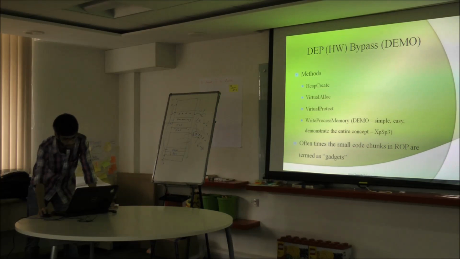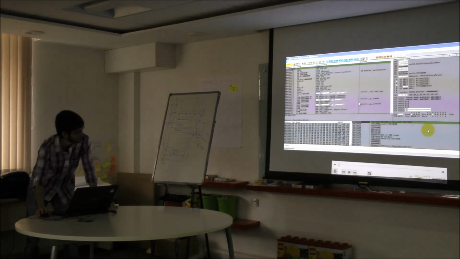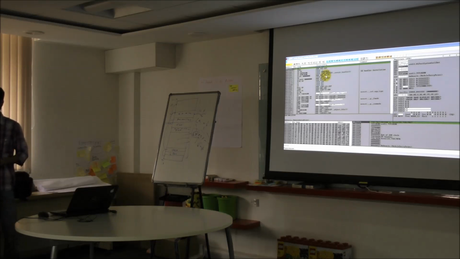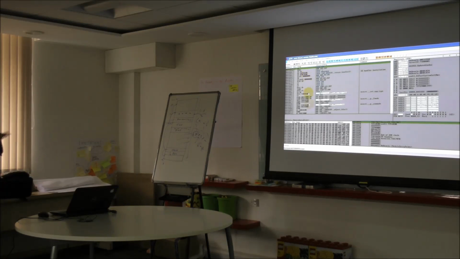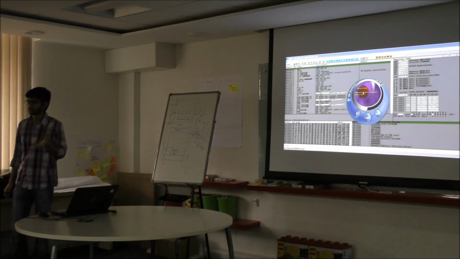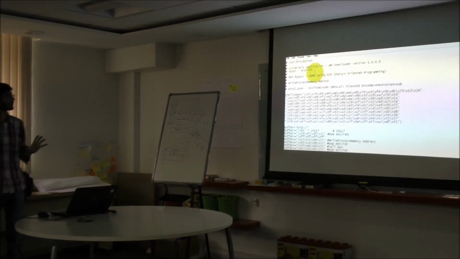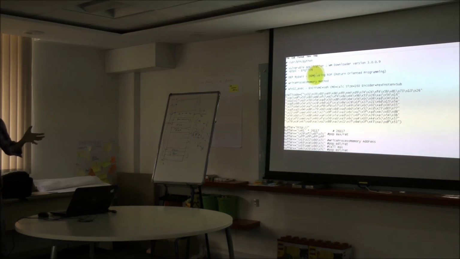Some of my points may not make sense right now, but let's see if this makes sense. We have an application that is vulnerable. I am just showing the DEP bypass here, but the application is not enforcing any kind of DEP. I am just saying that I am executing my code through the system code, not executing it on the stack or elsewhere. So this is the vulnerable application. You can download it, and I can give you this exploit code.